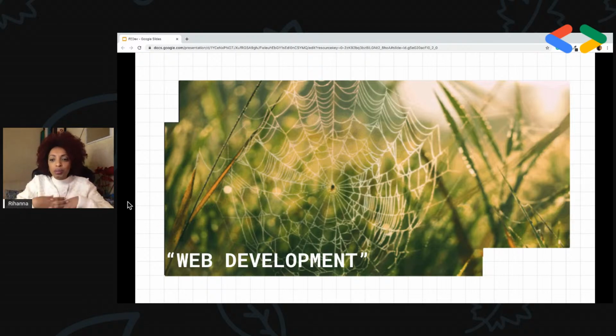The process of web development might include different aspects, roles, and responsibilities, such as designing first of all, then developing the content, then of course the coding. And we are here to talk about the coding part.